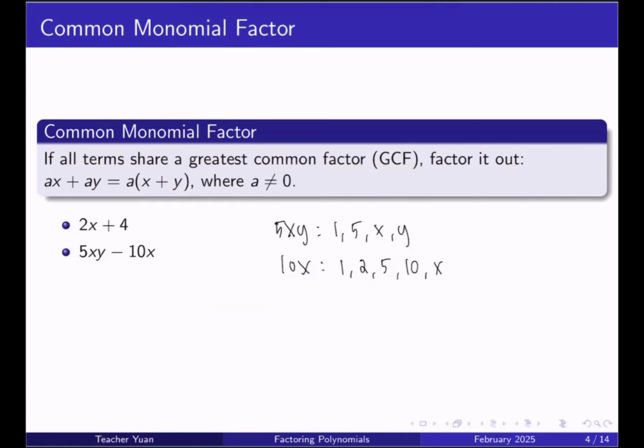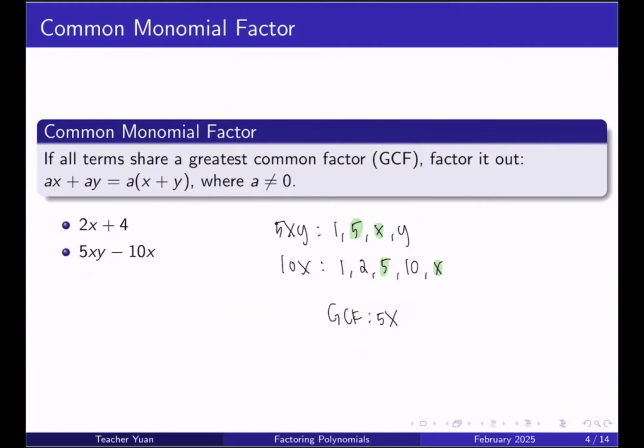In this example, we see that both terms have a numerical coefficient and a literal coefficient, meaning there's a number and a variable. So the GCF is both the number and the variable if there is a common factor. In this case, for these two terms, their greatest common factor is 5 and x. So we just multiply that. So 5 times x is 5x. So meaning the GCF is 5x. What this means is that if you divide each term by the GCF, you won't get any remainder.